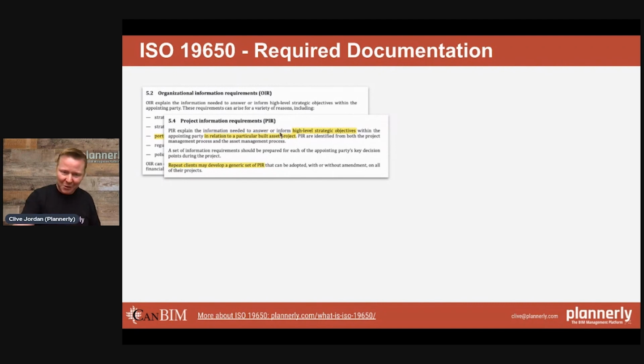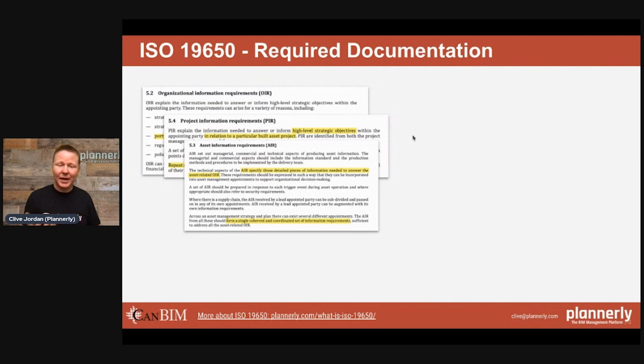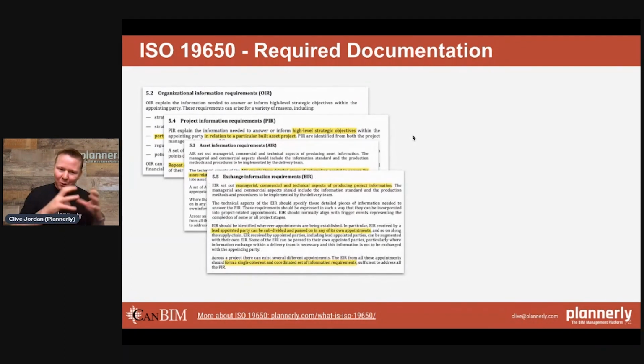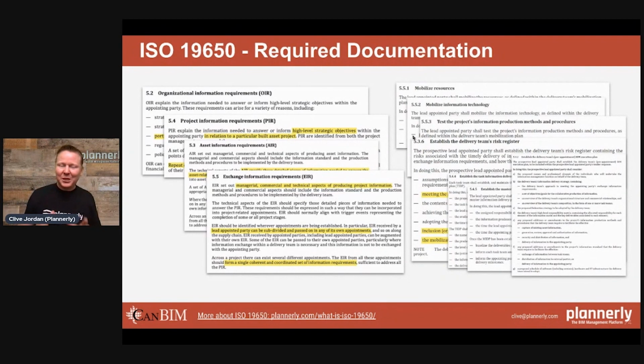They are the project information requirements. We then have assets. We talked about an asset could be the overall building, or a pump in a specific room, but we might need to know data about it. We might need to understand what's going on from an operation and maintenance perspective and how we can manage it. And then all of this forms into a set of exchange information requirements, the EIR. So the OIR, the PIR, the AIR, the EIR combine into the tender documentation, and we go on. It can be a lot to cover. And this includes the traditional BIM execution planning workflow. To add to that, there's a pre-appointment and a post-appointment BIM execution plan.